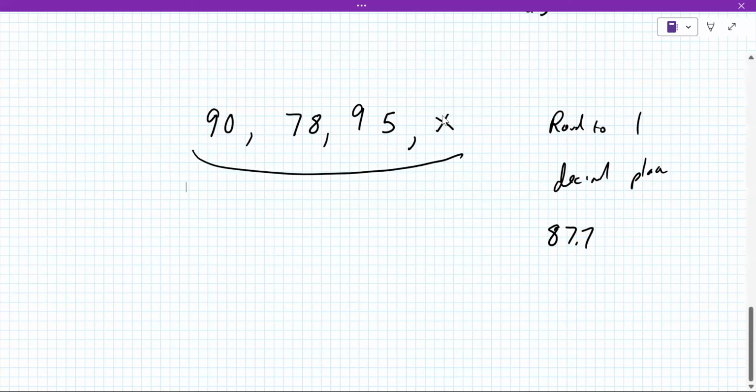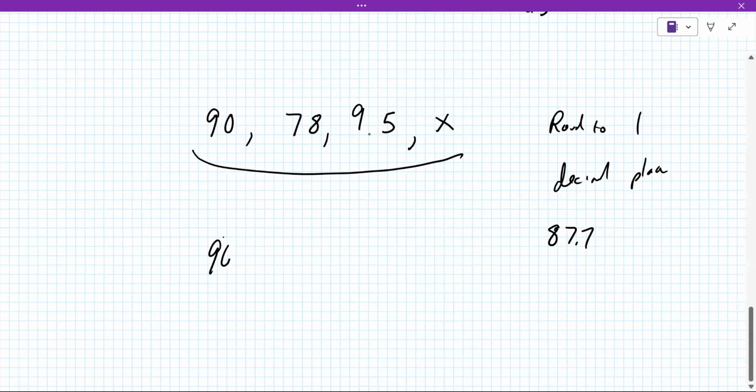So how would you find the average of these 4 numbers? I know you don't know the value of the last one, but could you tell me in words what you would do to find the average? What did you do to find the average of these 3 numbers? I added them up and divided them. By what number? 3. And why 3? Because there's 3 numbers.